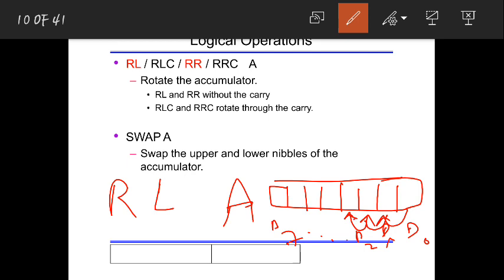Then the D6 bit will come into the D7 place, then this D7 bit will move to the D0 place. So this is the left rotate operation.